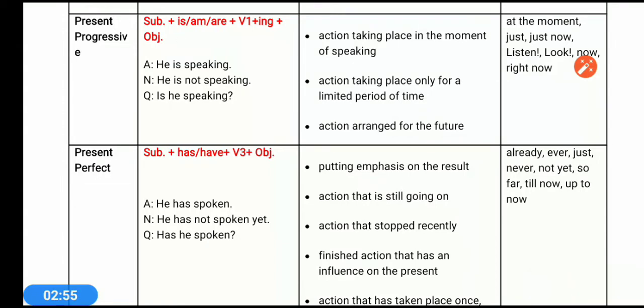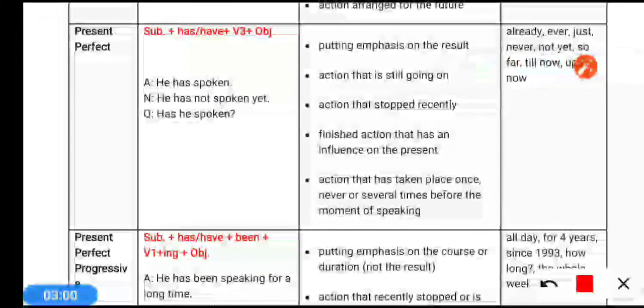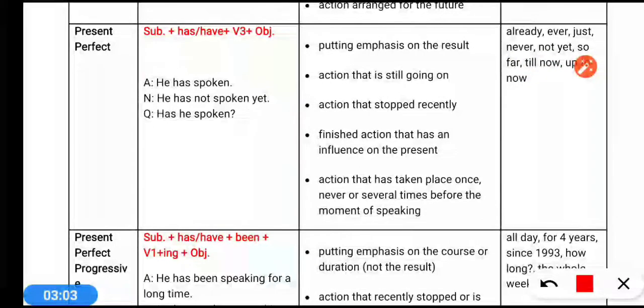If we talk about perfect tense, present perfect tense is used to show completion of work. It shows that this particular action has been completed. Only it shows result, not the time when the action was completed. It shows that the action is over now, but its effect is still in the present. Like I have completed my graduation. I completed graduation 10 years before, but still its influence is there. That's why we use present perfect tense.